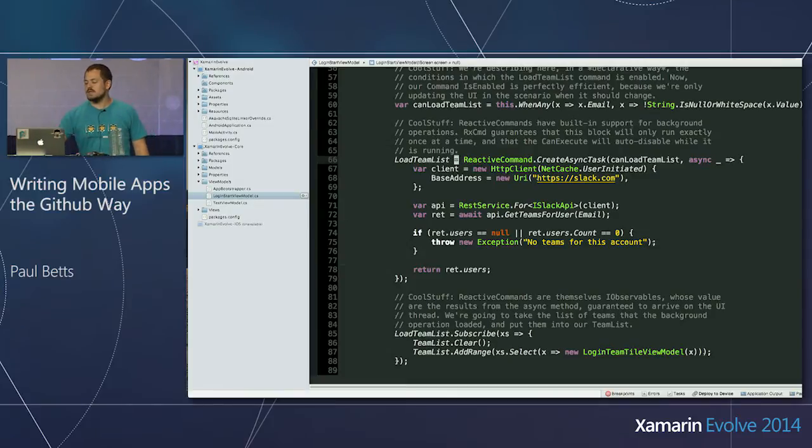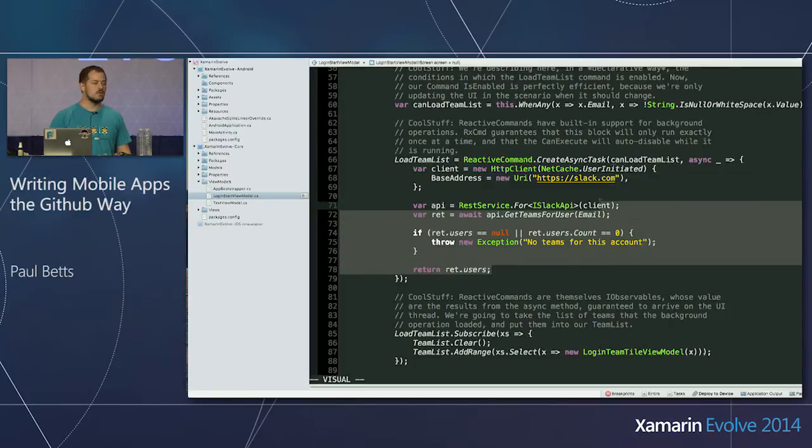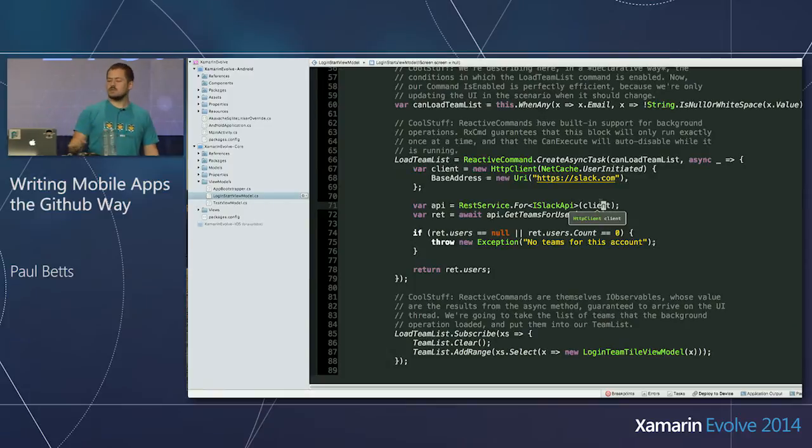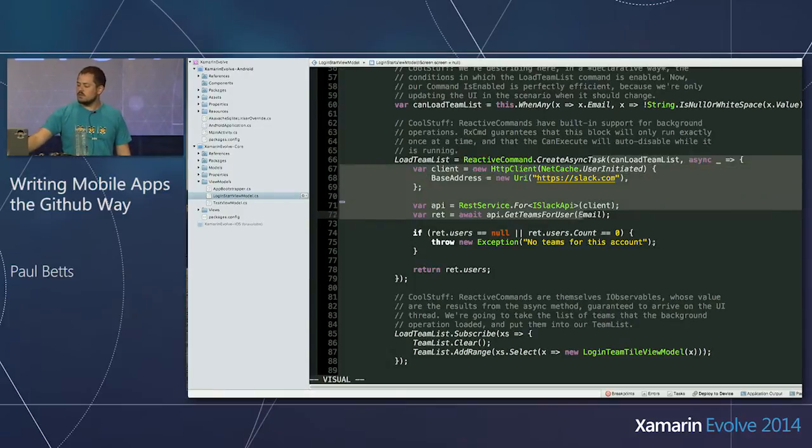So we create an async task command. This is where we say when this can execute. And so the nice thing about this command is that it will only let you get into this block once, meaning that as soon as this starts executing, when we're going to do the actual work, we're going to disable